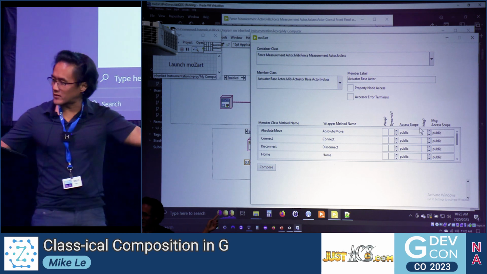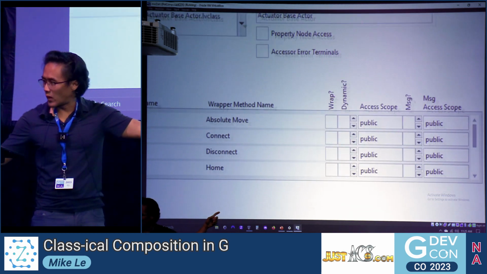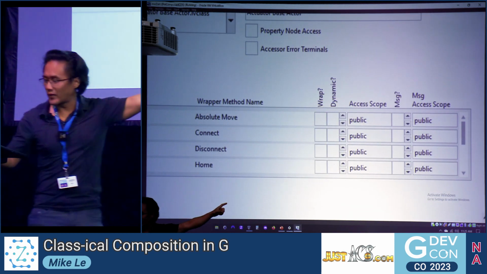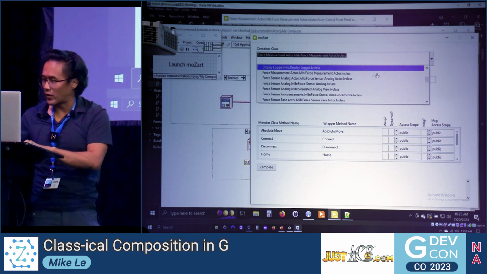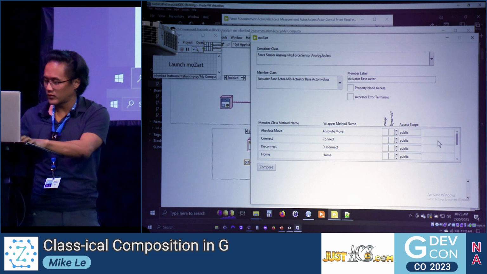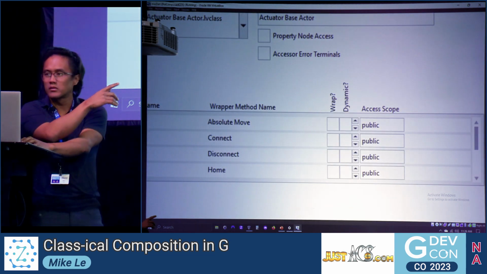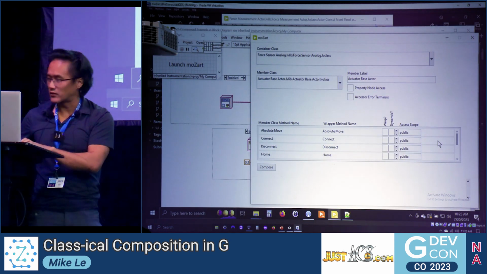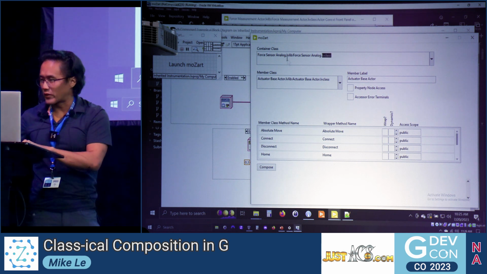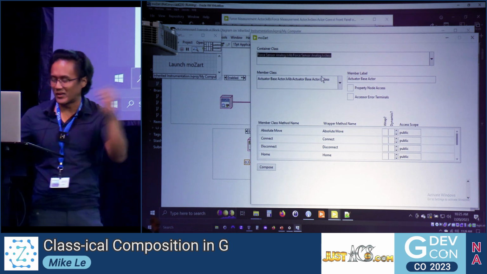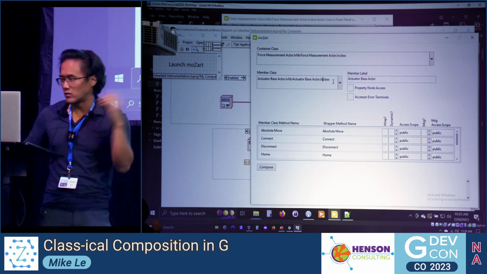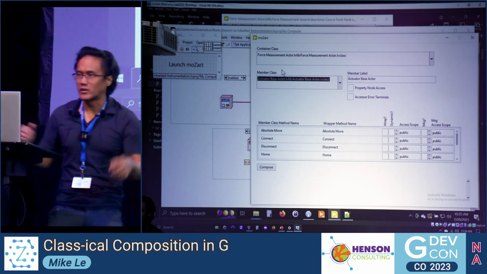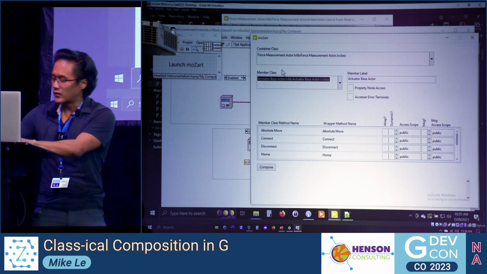By the way, because it's an actor, I have these options over here to add messages, but if it were just some random other class, then those options go away. It's based on what the containing class is. We are working with an actor in this case, but it doesn't have to be. I know that sometimes people are intimidated by actors, but you could do this with a DQMH state class or whatever you wanted to.